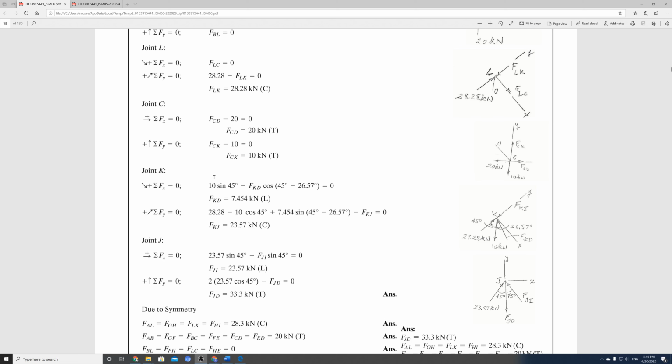Summation of the force in the x direction. This should be an equal sign, equals 0. Okay. So it's 10 sine of 45. So the 10 was this one. Okay. And the reason we're making it sine of 45 is because we're trying to find the component that's along this line. Okay. All right. So here's the angle, the opposite side of